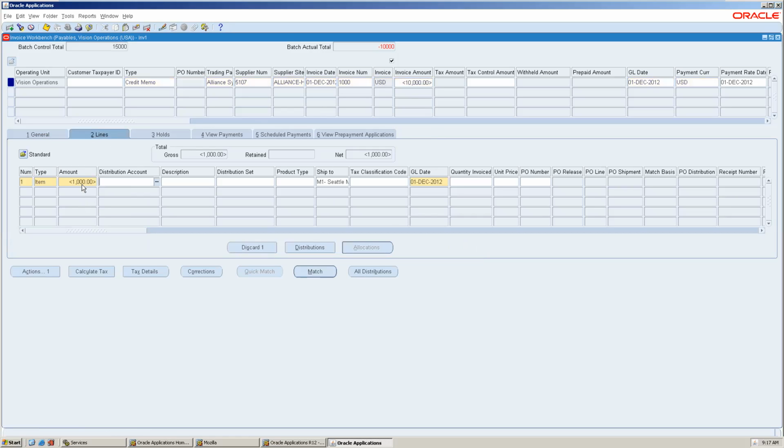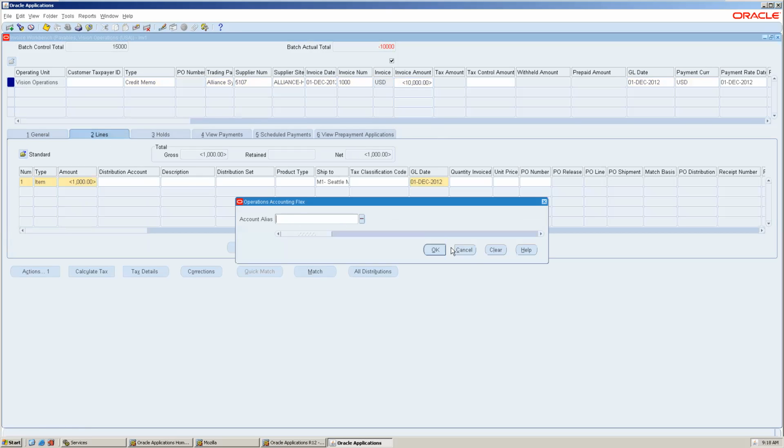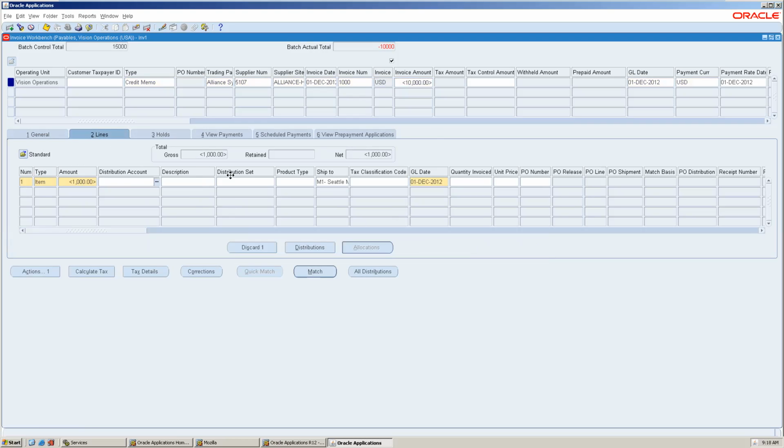Okay. There is one more option, distribution account. What is distribution set? Suppose there are 100 lines I have to give. Suppose I am paying rent for the entire office. The complete building is for HCL. They have sales, they have training, every division is there. I just have to see which division is making more profit. So I have to break up the rent, right?